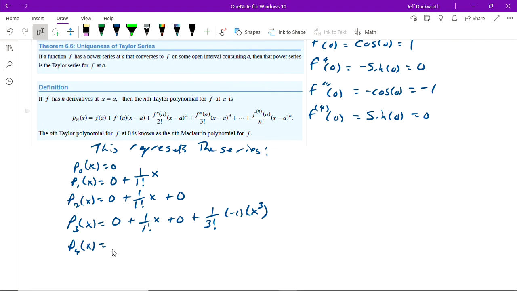And I can clean up some of what we have. So 0 plus, this is just x. I don't need to have the 1 over 1 factorial. That was just for demonstration purposes. And then this next one is going to be negative x cubed over 3 factorial, which is 6, and then another 0. So ultimately, if we follow this pattern,